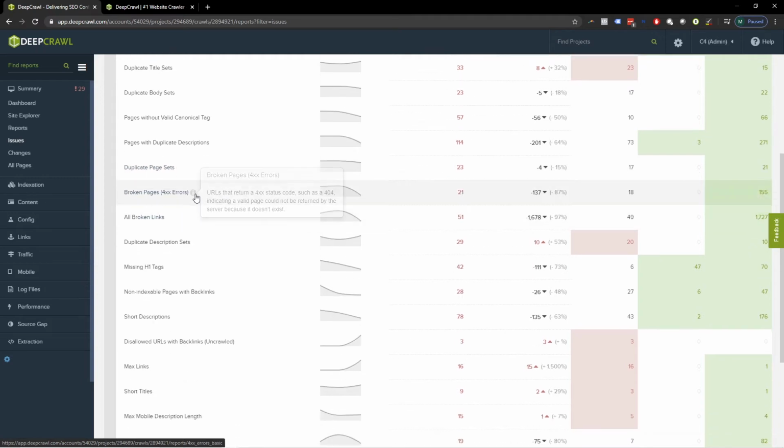Duplicate page sets, again, broken pages. These are very important to cover. Through our testing, we haven't found that fixing pages with broken backlinks really helps that much. For example, we ran an experiment